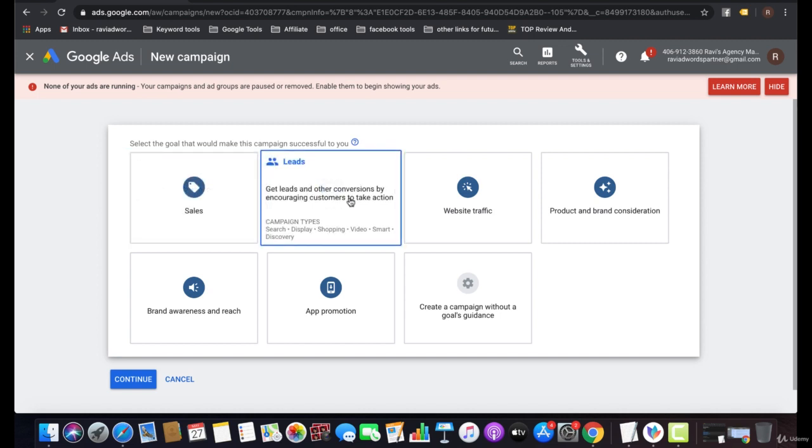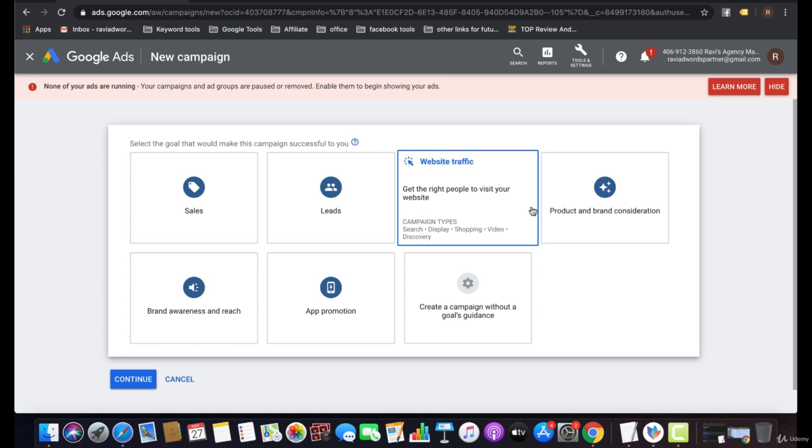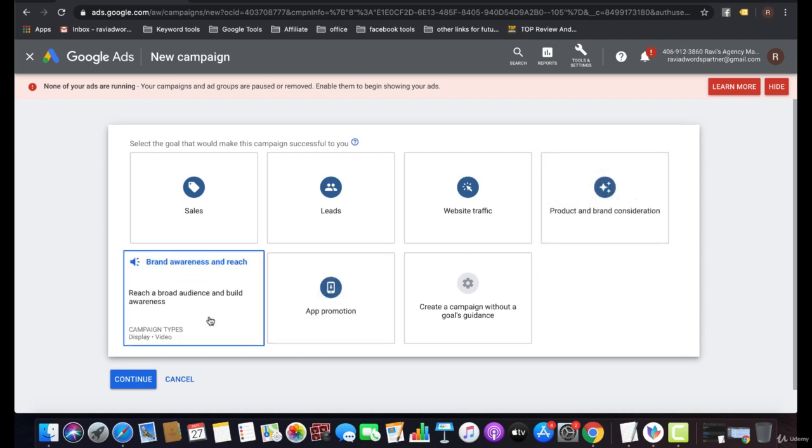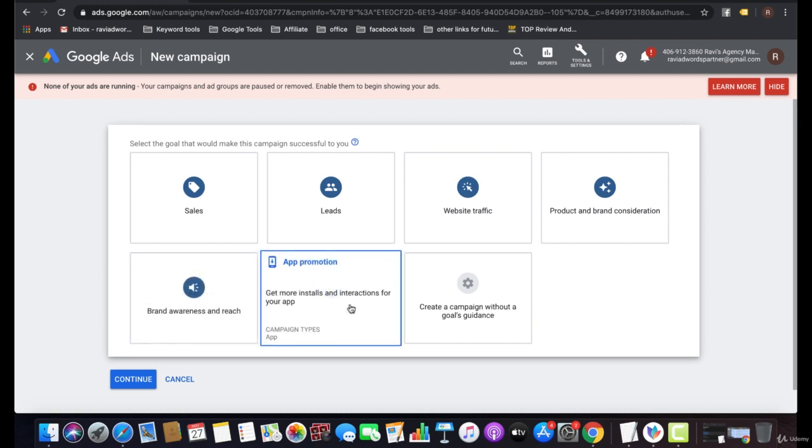For lead campaigns, we can go with search, display, shopping, video, smart discovery as well. For website traffic: search, display, shopping, video, discovery. For product and brand consideration, we can go with display campaign and video campaign. For brand awareness and reach, we can go with display. And for app promotion, if you want to get installs of your app or show your app ads to specific users in the Google Play Store or the Apple App Store, you can go with app promotion